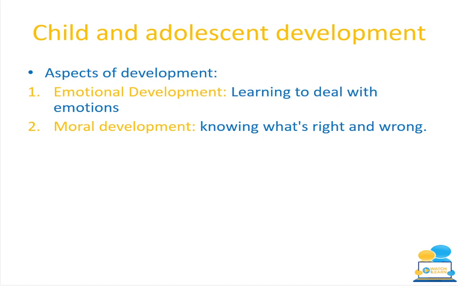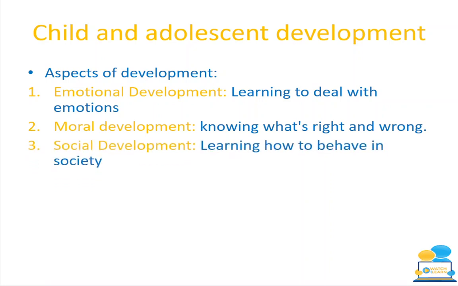Their moral development, so parents teach them what is right and wrong. So for example, you don't steal. What's right is please and thank yous. Social development, so you learn how to behave in society. So for example, you're not running around a shop screaming. You queue after people in a shop. You don't skip